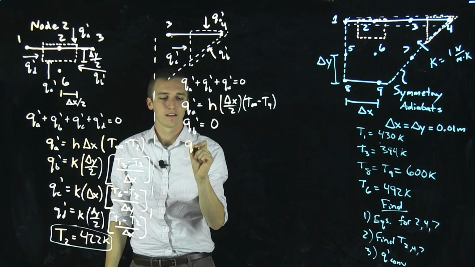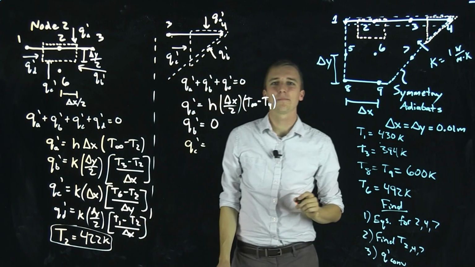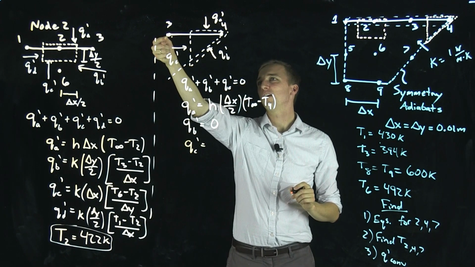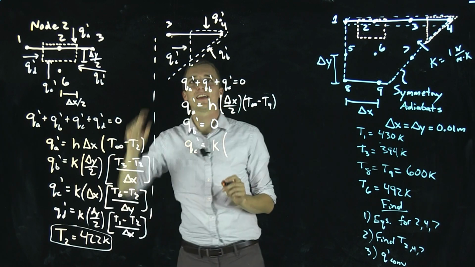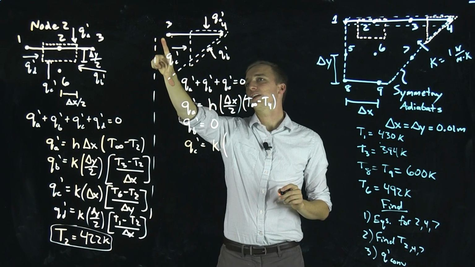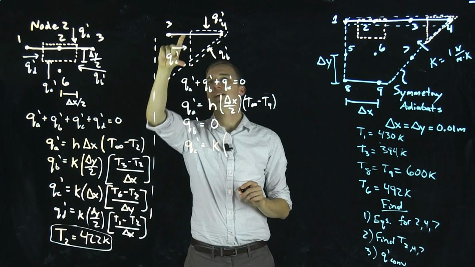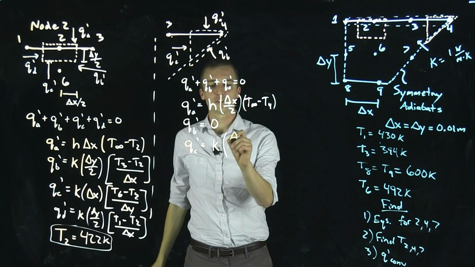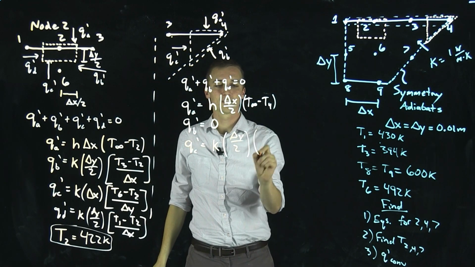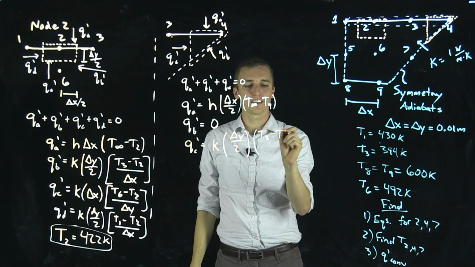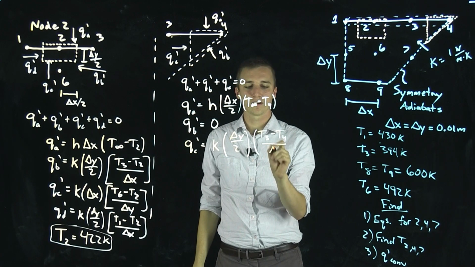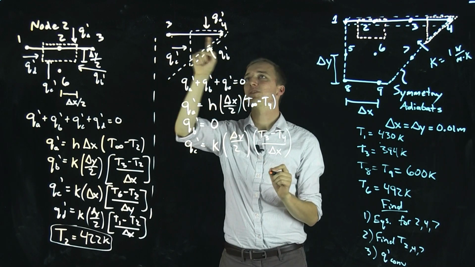Okay. Finally, QC prime is conduction from node 3, and we're going to use Fourier's law again. We haven't drawn it here, but the next node would be down here. We've drawn this as delta y over 2 as our distance there. And again, we need to account for temperatures. We go in the direction of the arrow, T3 minus T4, and we divide by the distance between them, delta